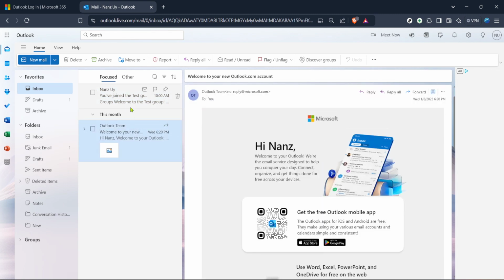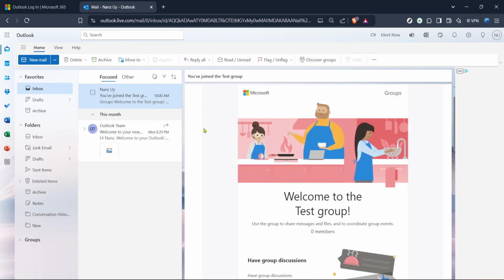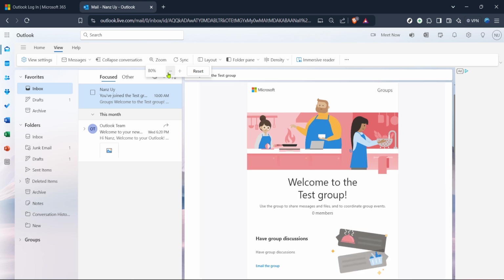Now, to adjust the zoom settings, locate the View option. This is usually found in the menu bar at the top of the screen in the web interface. Clicking on View will present several drop-down options that you can adjust according to your preferences. In the drop-down menu under View, you'll find the Zoom option. Selecting this will open a small box or window where you can modify how much you want to zoom in or out. Finally, to zoom out, click on the minus icon, represented often as a small dash.